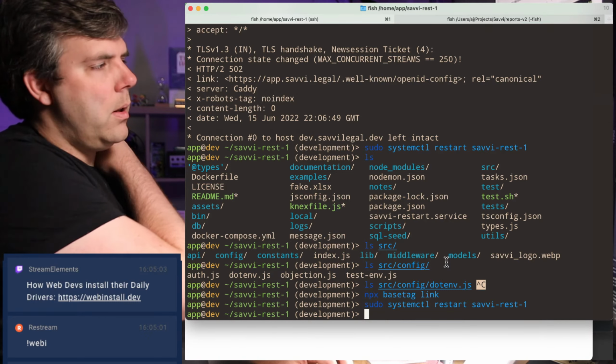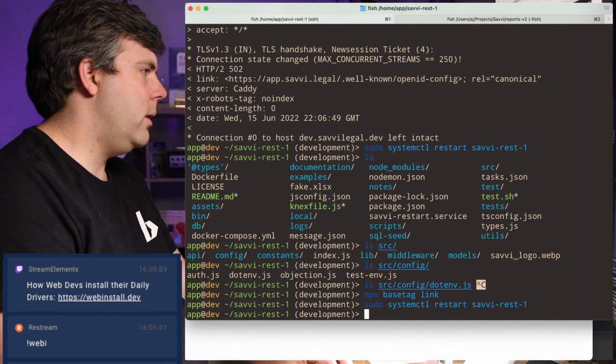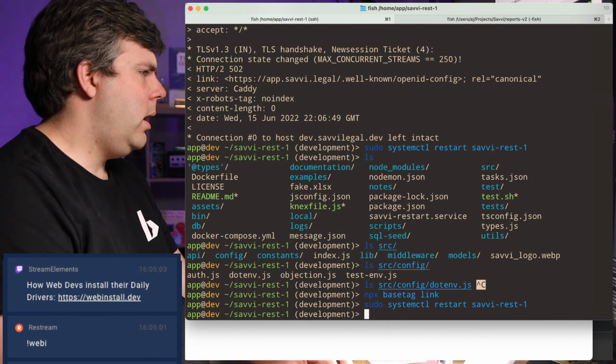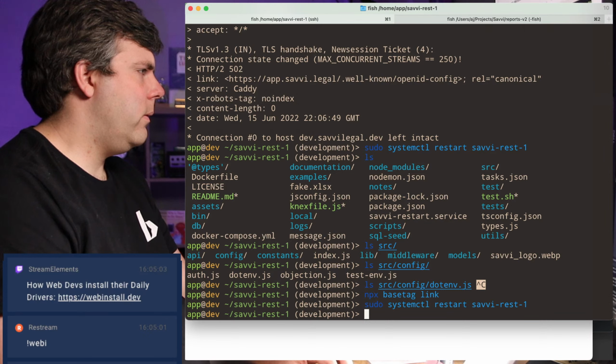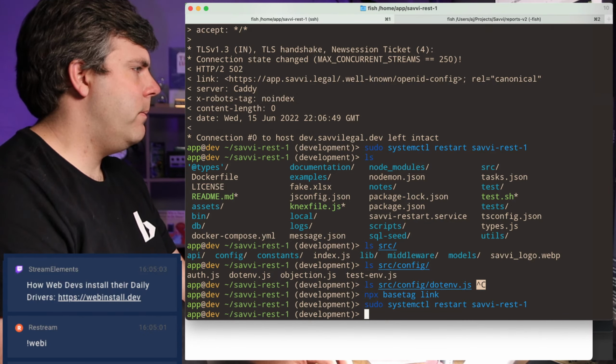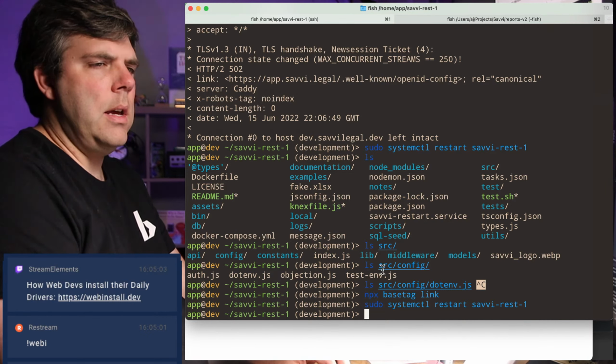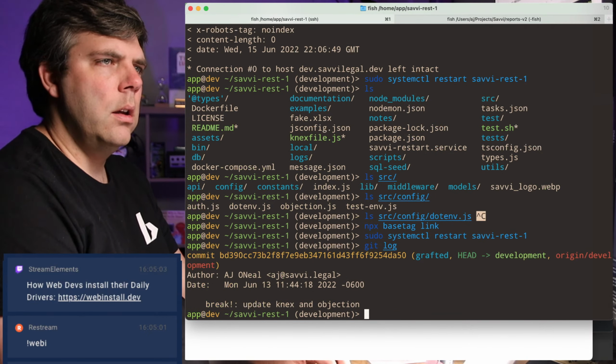So basically, npm has this particular issue. Wait a minute. This does look like maybe somebody deployed to dev. I don't think it was me.